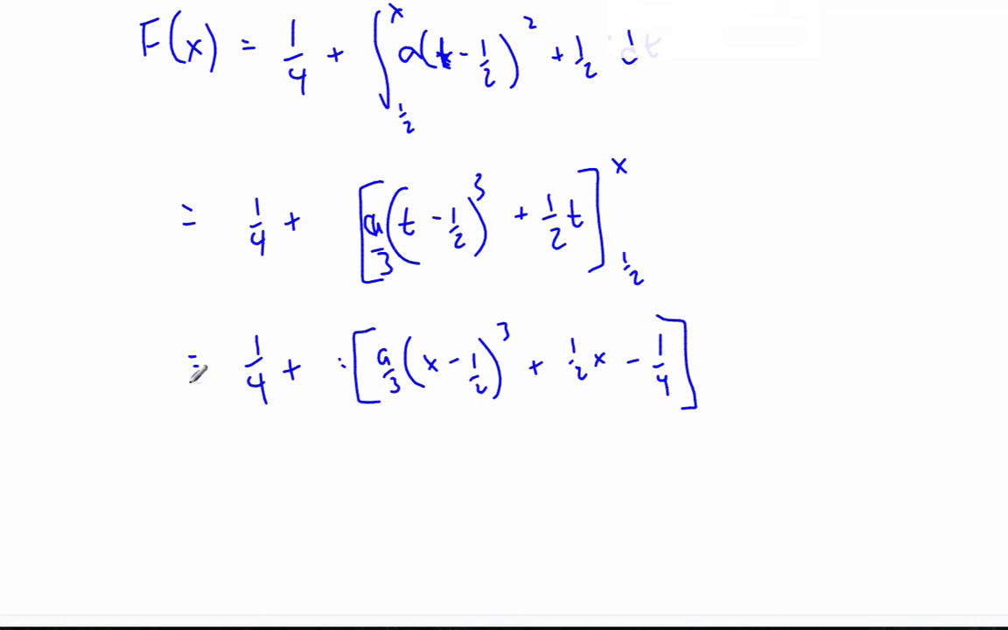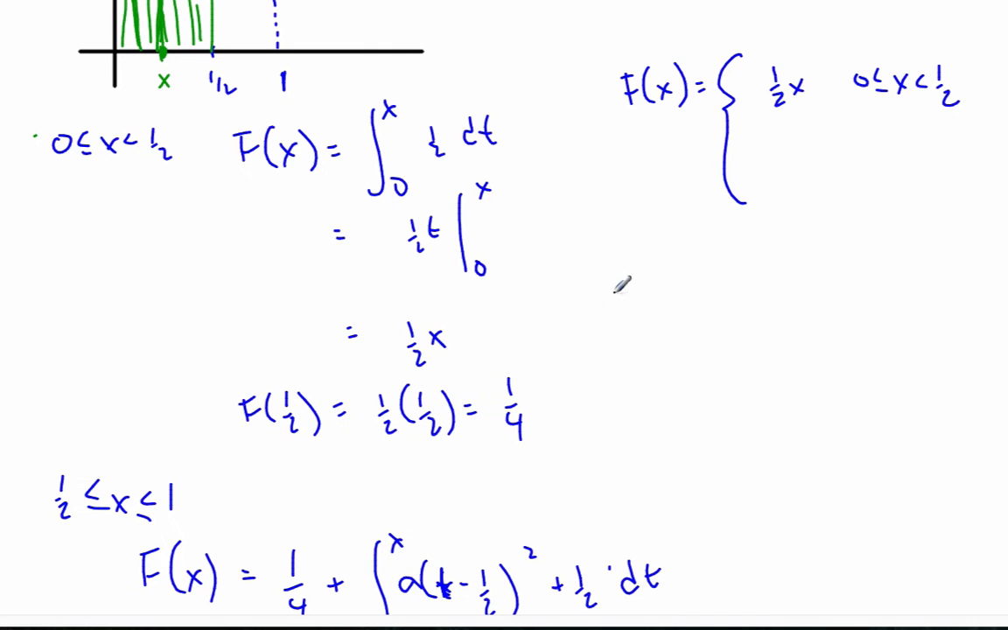Then taking off the brackets, these 1/4s here subtract away, and so I'm left with a cubed (x minus a half) to the power 3 plus 1 half x. And so then if I finish off my function, it's going to be a over 3 (x minus 1 half) to the power of 3 minus 1 half x, and this is over the interval